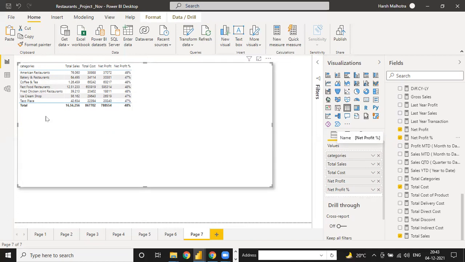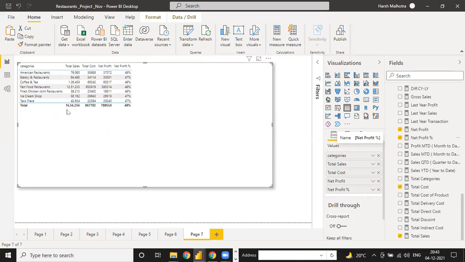So how to calculate profit on the basis of category? Can anyone tell me how to calculate? It is correct profit, but it is not correct for this category.